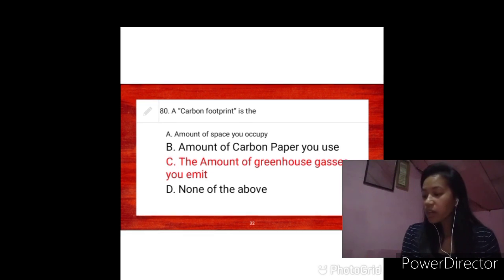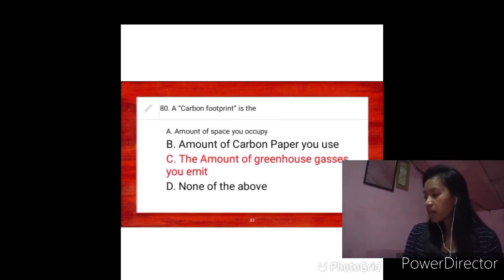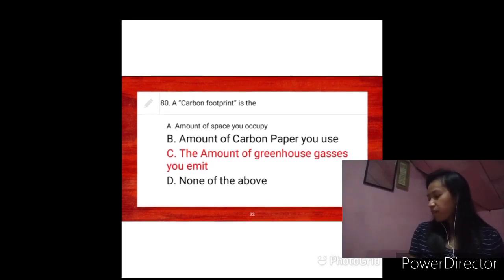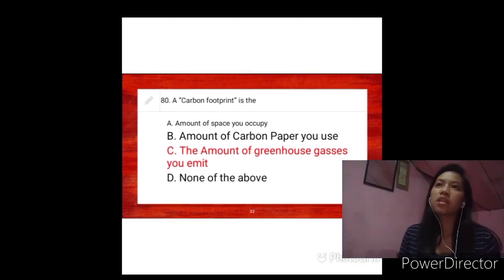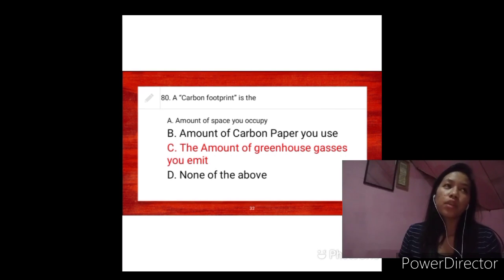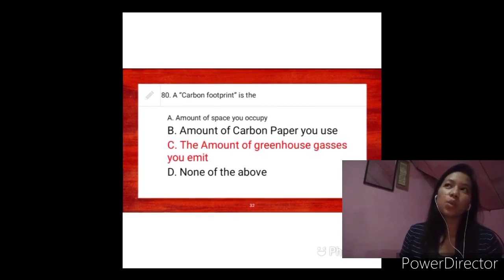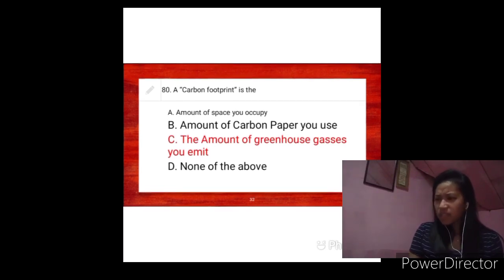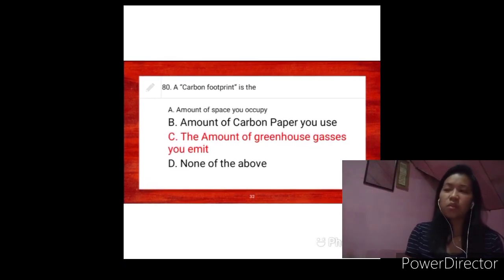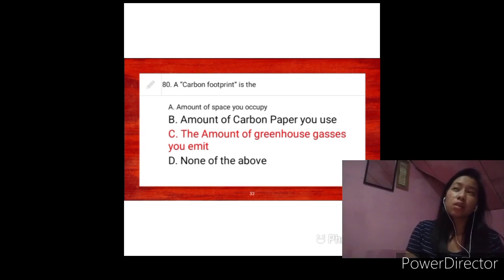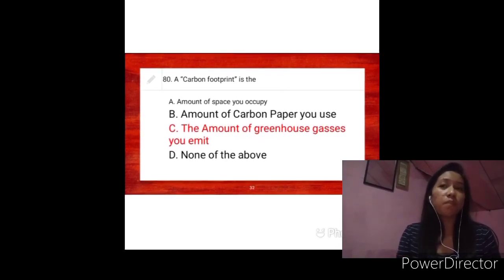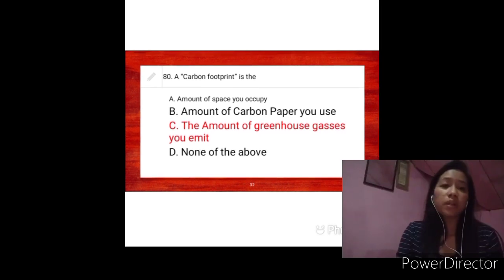And lastly, number 80. A carbon footprint is what? The right answer there is letter C, the greenhouse gases you emit every day. It's not the carbon paper you use. It's also not none of the above. It's also not the space you occupy,